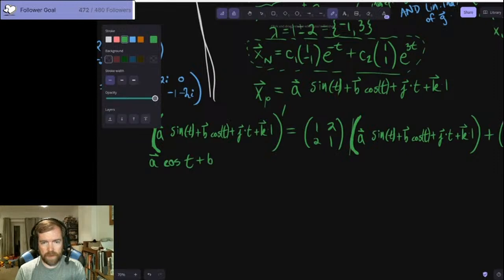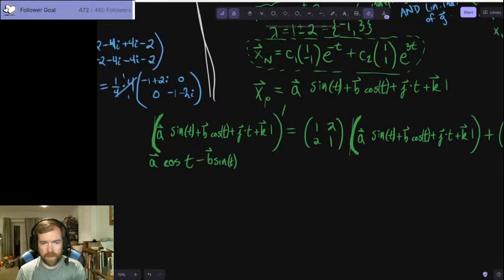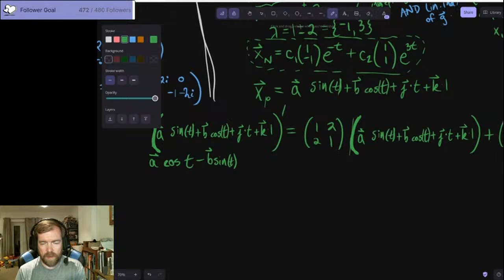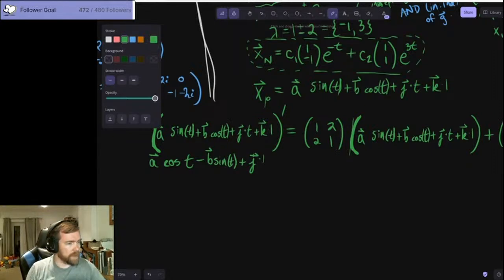Plus, that's going to be a minus B sine of t. And then plus J. And then that's times 1. Our K vector gets cleaned out because, again, we're taking the derivative of 1, so that's 0. Is equal to